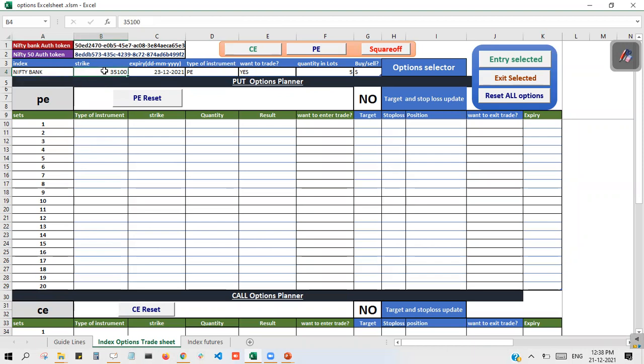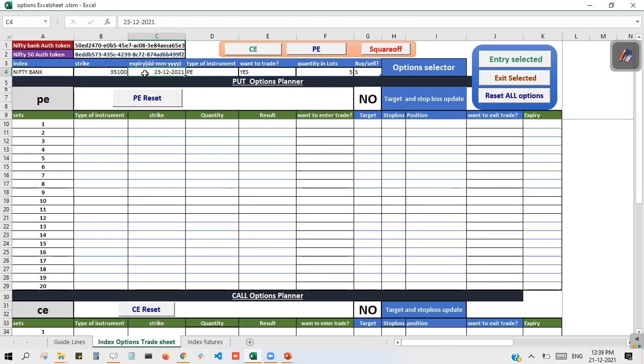Then I will choose the strike here. You can manually type the strike, but if you type the wrong strike, it won't place any order. Your template will get into a loop. That is the first and foremost thing you need to keep in mind. Don't give any wrong strikes, and you need to give the expiry also.